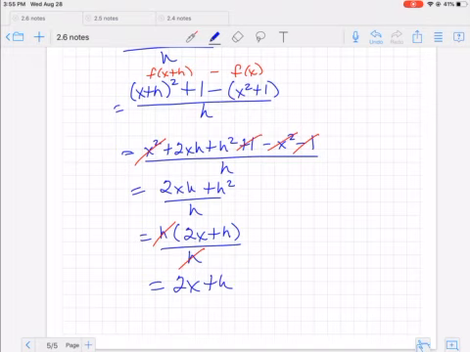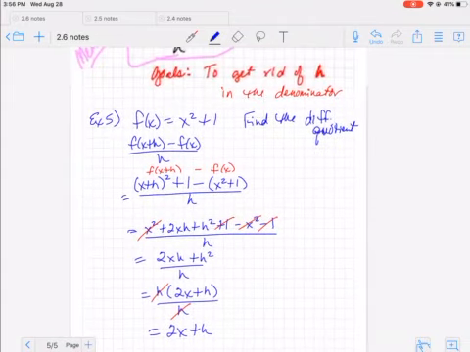That's totally cool, right? That's totally fine. There can be an h left in that problem. That's no big deal at all. It just cannot be in the denominator. That's the key. Get rid of